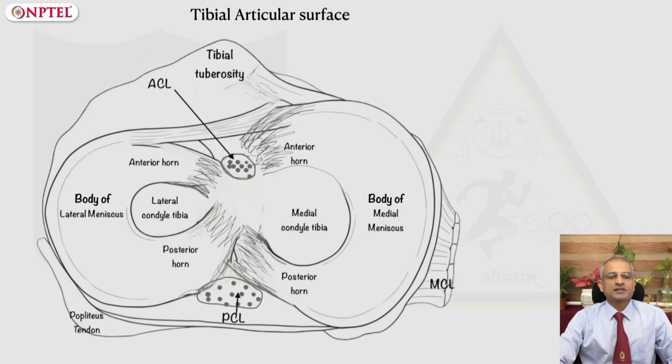If you look at the upper surface of the tibia, in the region between the two plateaus is the arrangement of attachments of various structures from anterior to posterior. The anterior root of the medial meniscus, followed by the attachment of the ACL, followed by the anterior root of the lateral meniscus, then the posterior root of the lateral meniscus, followed by the posterior root of the medial meniscus, and finally the PCL. The region of the menisci between the roots or the horns is the body.